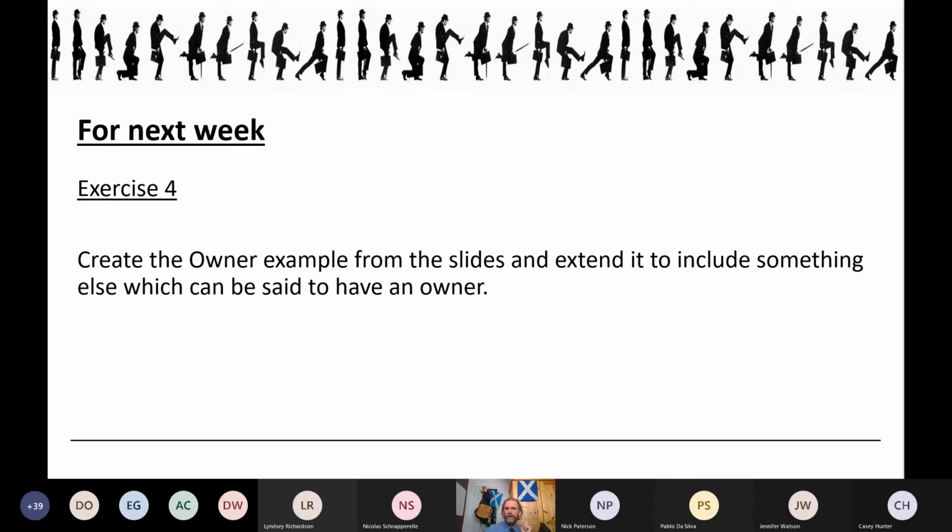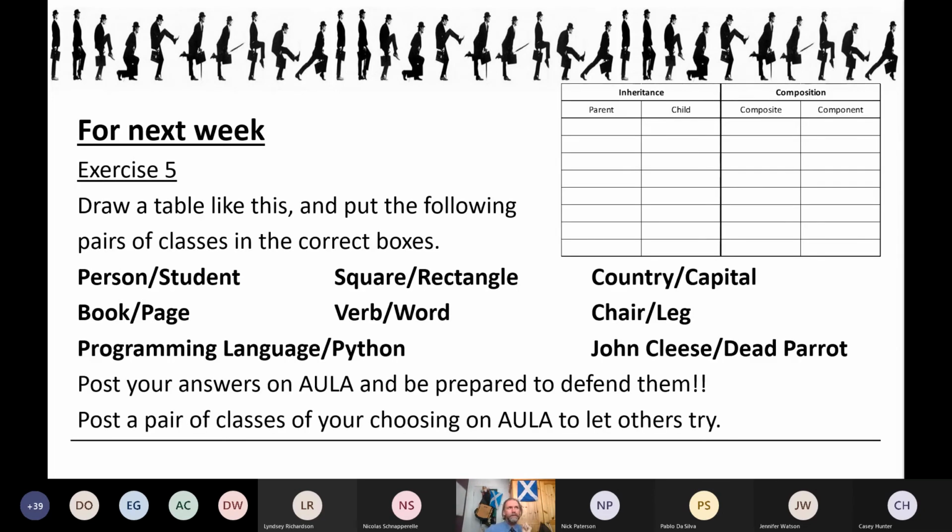And exercise 5, I want you to think about the design. So I said at the start, thinking about design is far better than working it out as you go along. So one of the things that I want you to think about is what's shown on the screen there. So there's inheritance and there's composition.